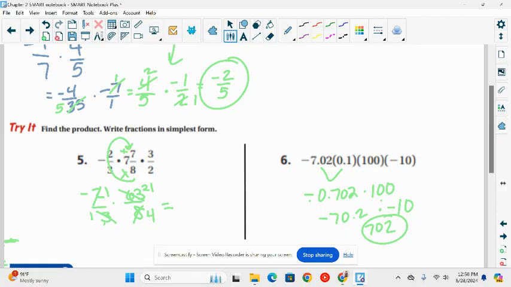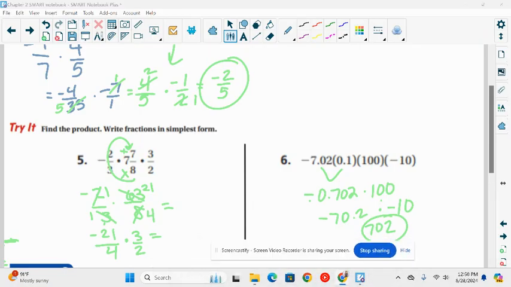And so we had a negative and a positive, so that's going to give me negative 21 over 4 times 3 halves. Is there any cross-canceling opportunity there? Side by side, yes, but we can't do it that way. They've got to be across from each other. So that's not going to work. So it just ends up being negative